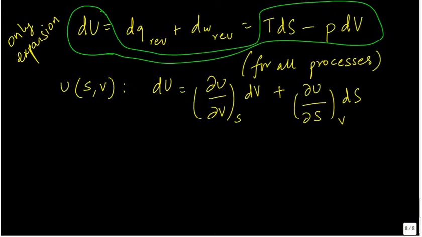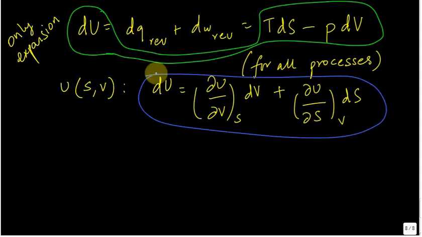and the one in blue. What do I get out of it? I see that the change of internal energy with volume at constant entropy defines temperature. That's the essence of the law of thermodynamics. Which one? Huh? Not zeroth law. Entropy does not enter zeroth law. The third law. Third law is the one that goes all the way down to 0 Kelvin. Yeah. So, what I get from there is that del U by del V at constant entropy is temperature,